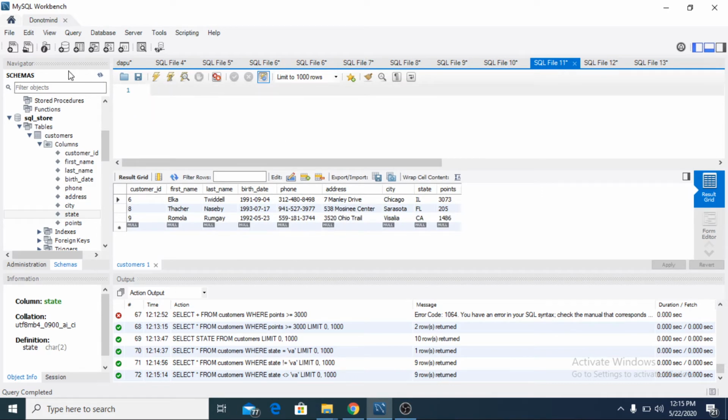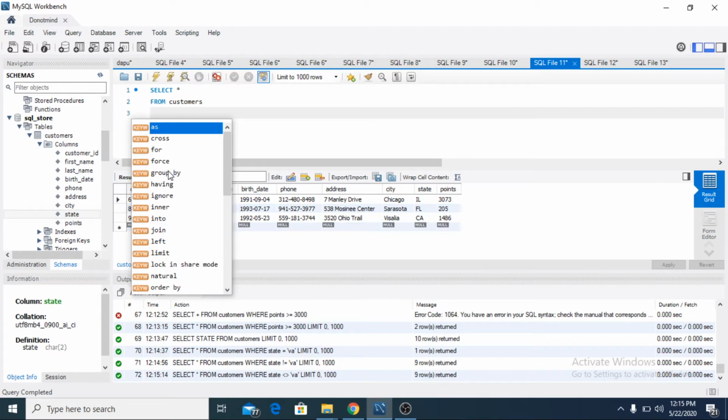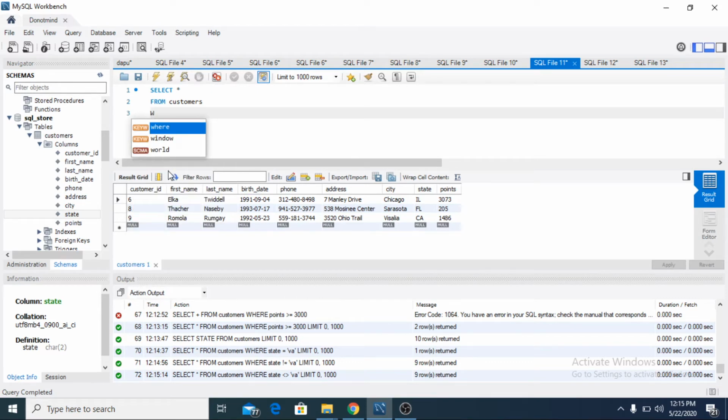So now here we will do select asterisk from customers. That is a simple thing. So don't forget to click on that link. From customers like this, press enter, then we can go directly to state. For example, if we want to go to state, then customer ID. For example, we want to watch the present date. For example, we want to watch the customers in 2019. Then we can do where